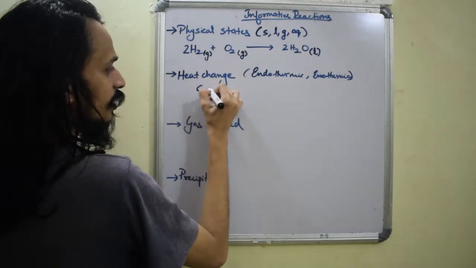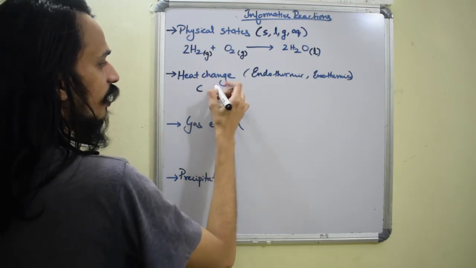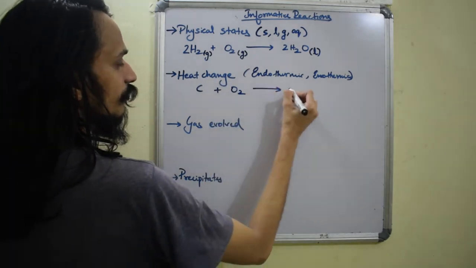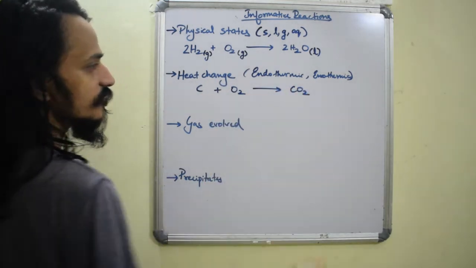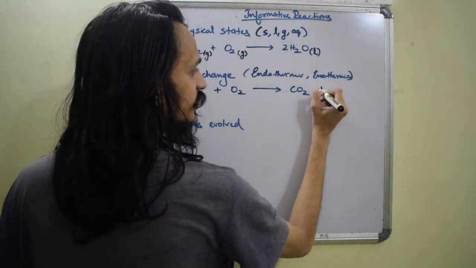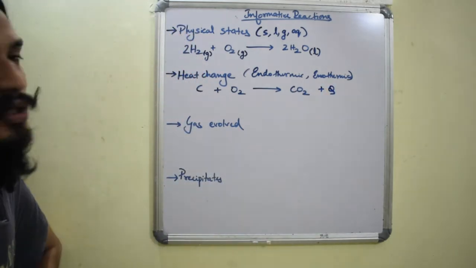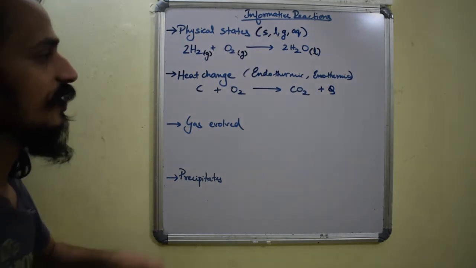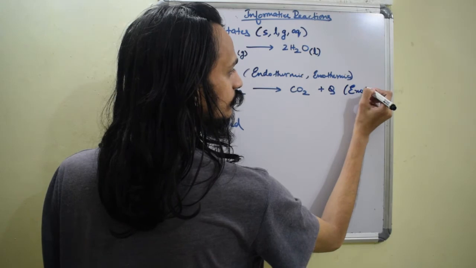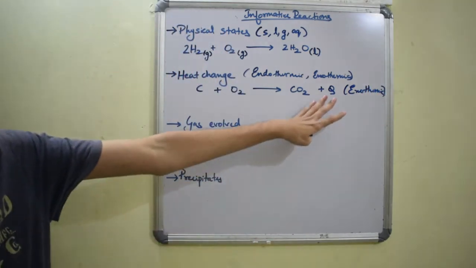Endothermic reactions will be needing heat, so you need to heat them like you're cooking, and exothermic reactions will make heat, they become hot on their own. Simple examples: burning of coal or carbon, right? So how we burn coal, which is a form of carbon, that is how carbon dioxide gas is produced. Now this is an exothermic reaction because it generates heat, right? So whenever it generates heat, we write it as plus Q. Exothermic, it will create heat that we use from the coal.